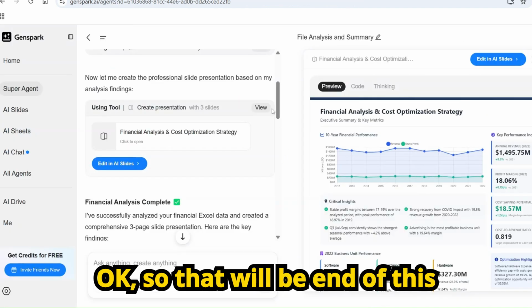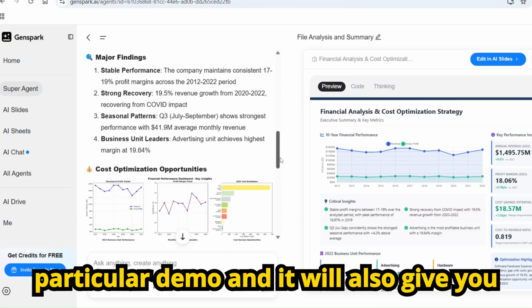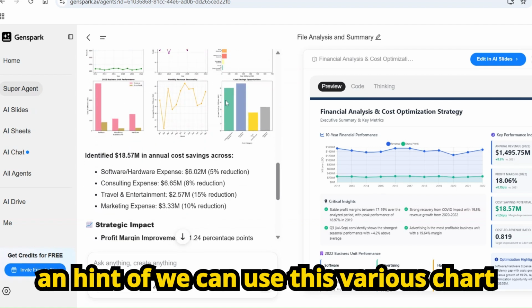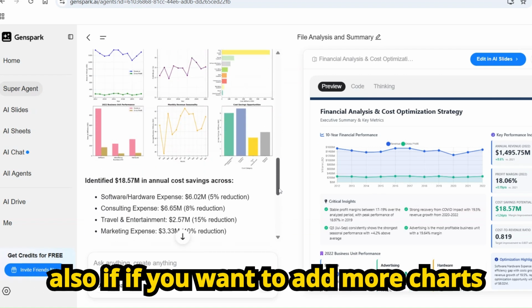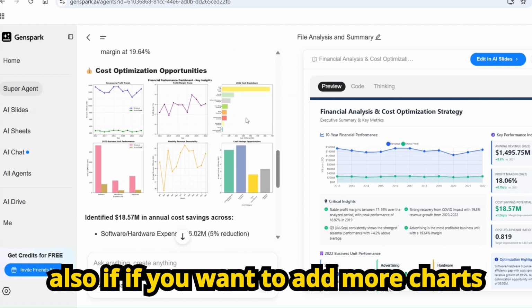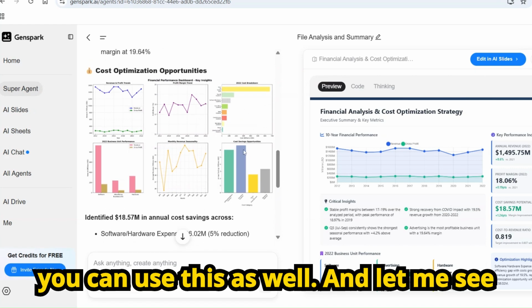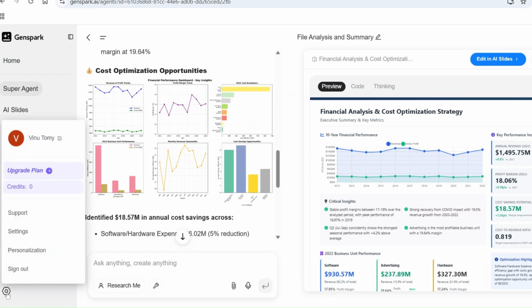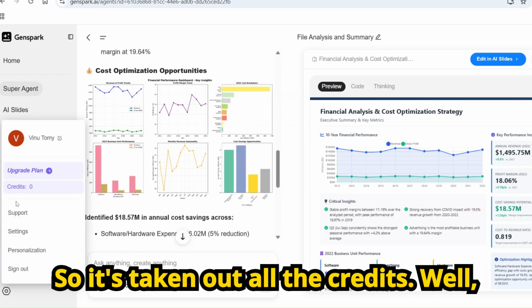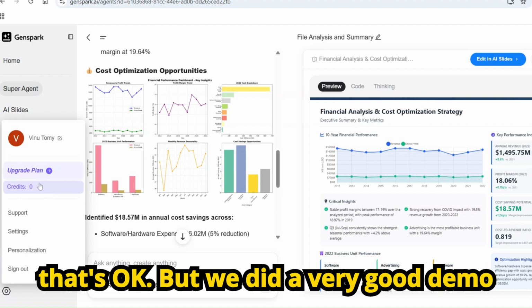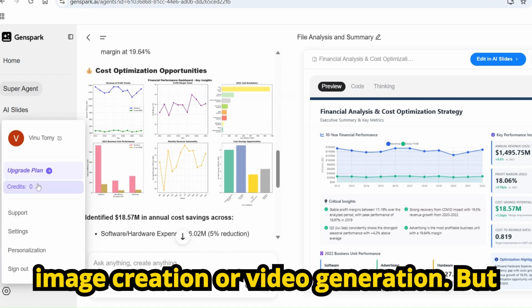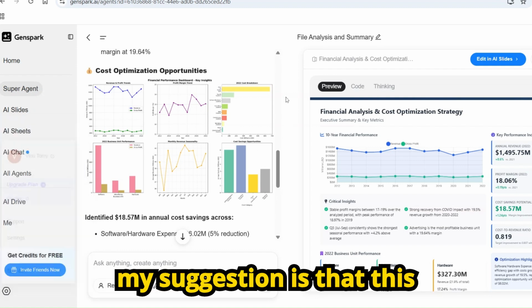Okay, so that will be the end of this particular demo, and it also gives you a hint that we can use these various charts. If you want to add more charts, you can use this as well. And let me see how much credit it has used so far. So it has taken all the credits, but that's okay, because we did a very good demo. We couldn't try out any image creation or video generation. But my suggestion is that